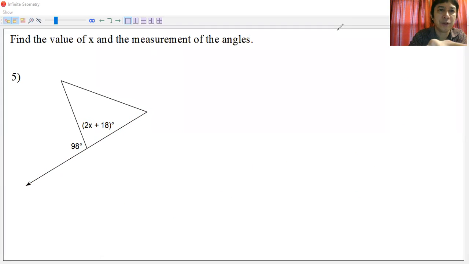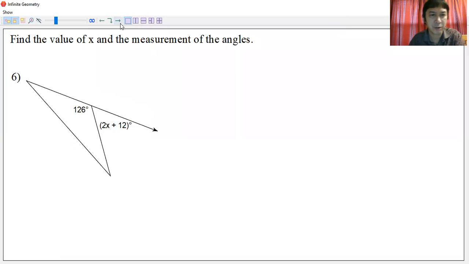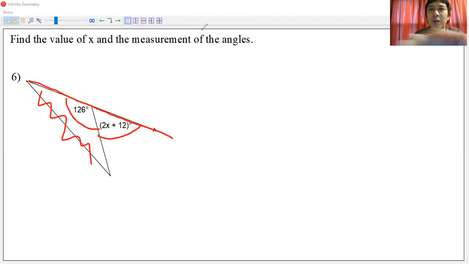Okay, we will be doing number 6. What kind of figure is this? There's a triangle in that one. You can always check where the expressions are located. This added to this angle forms a straight line over there. Again, this line here is immaterial in your solution. All right, and so we can set up the